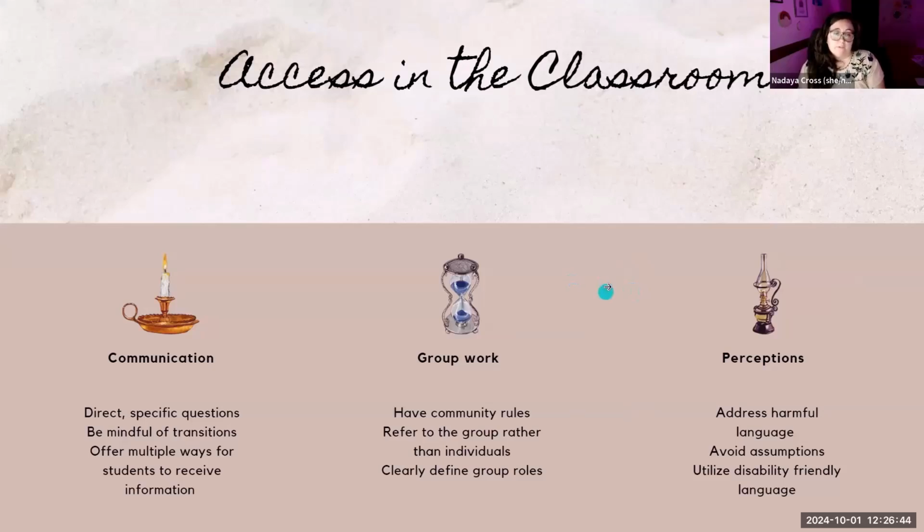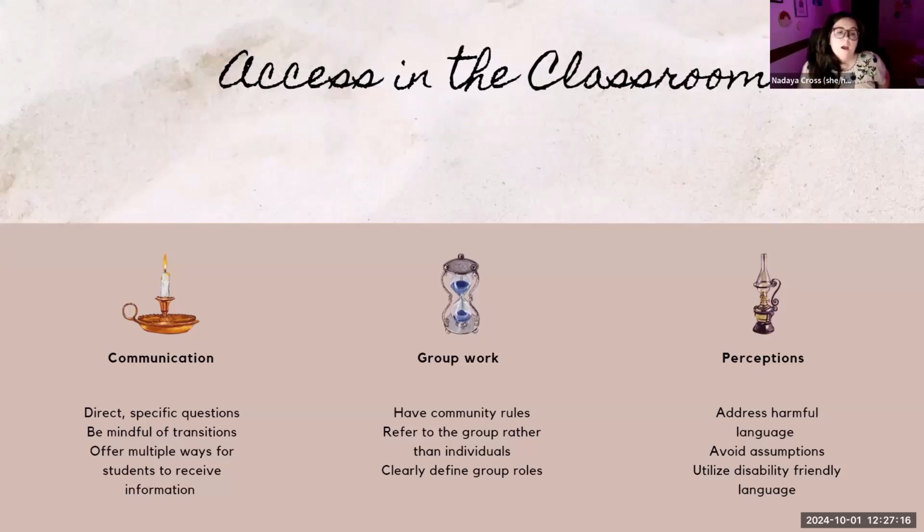Be mindful of transitions during class time. If we just abruptly switch topics or change gears really fast, it can be jarring for someone who's neurodivergent, specifically autistic. Having this schedule and knowing what to predict can help with anxiety or planning on how to behave or how to mask. And it can be difficult to make that quick transition without any kind of warning or any kind of prompting to say, okay, now we're changing topics to immunology.